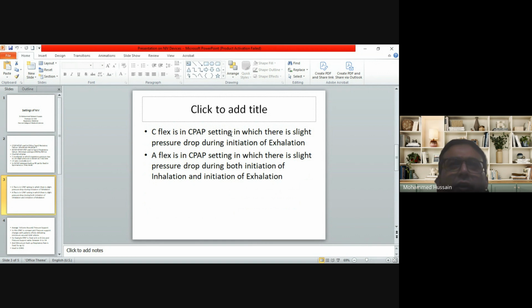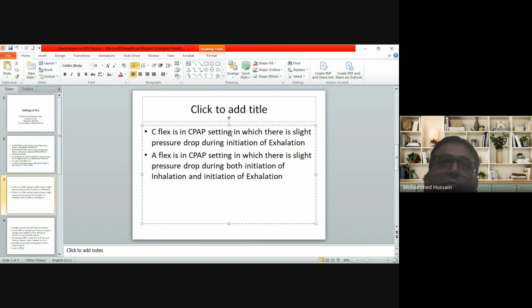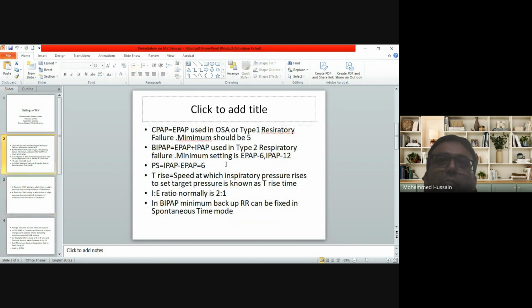This was there in the Philips machine. In ResMed, they have EPR, exhalation pressure relief, it is called. So it is nothing but C flex mode. And BiPAP: in CPAP, you are giving continuous pressure during inspiration as well as